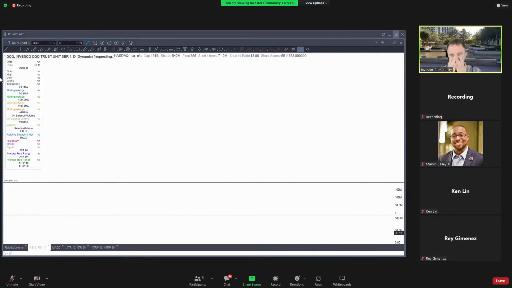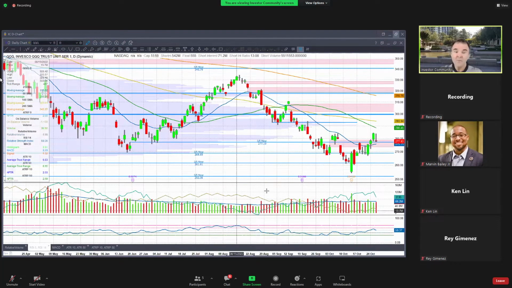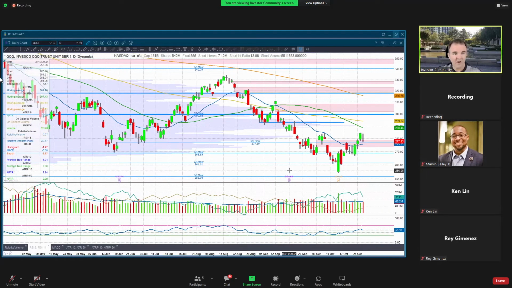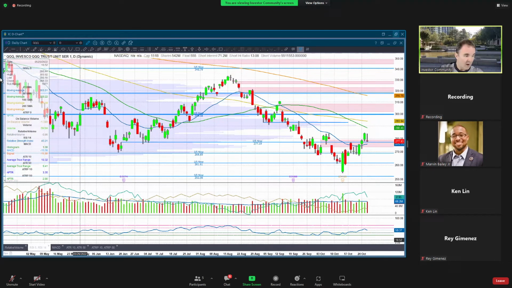The Qs are going to be similar but weaker, of course, because all the damage was done in Google and Microsoft and other tech stocks, the mega cap tech and even just tech in general. So obviously the Qs were going to be weaker today, and we see that on the chart. But they tried to get back everything that they lost overnight, right? But couldn't do it, couldn't hang on to it. And again, printed this gravestone doji, but right above support. So that's good to see that at least support was holding.